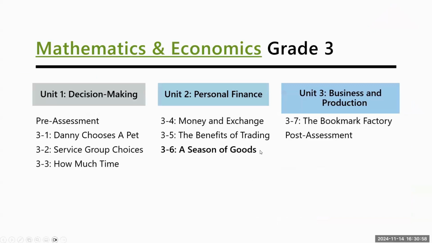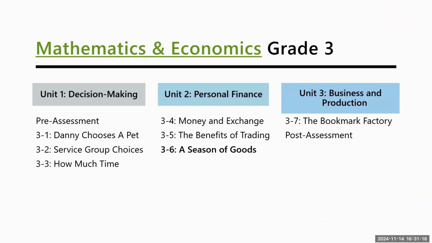Okay, so here's an example of those 3 units as I was talking about. So in 3rd grade, you would go through Danny Chooses a Pet. It's, again, fantastic for learning steps and a model for decision making. He's looking at the pet not just as the cost, but the time that the pet will take as well, right?